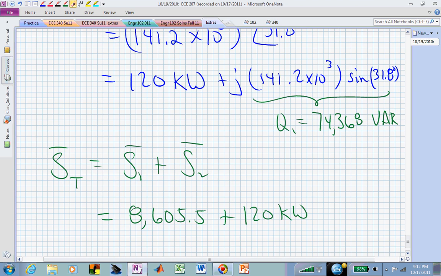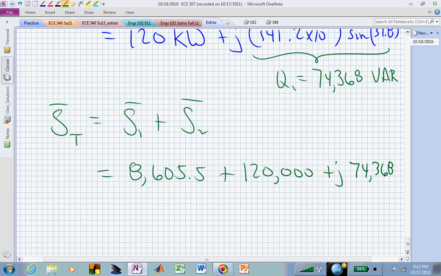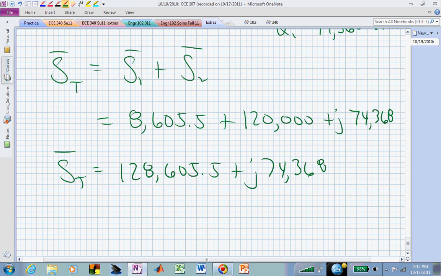Now let me go ahead and keep everything consistent. This is now 120,000 plus J 74,368. This now gives us an S total of 128,605.5 plus J 74,368. That's in rectangular form, and that's the volt amperes. If we convert that to polar form, we end up with 148,598 at an angle of